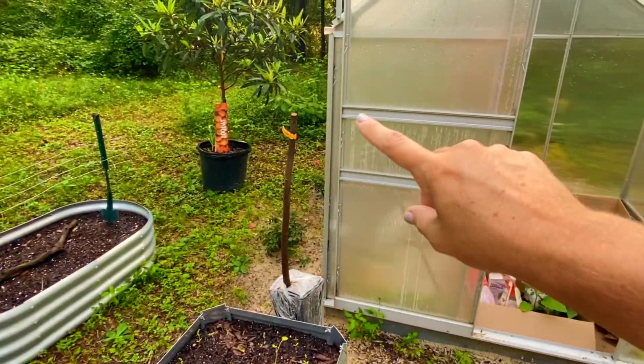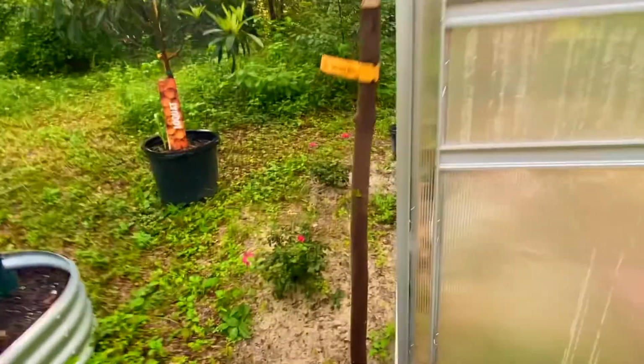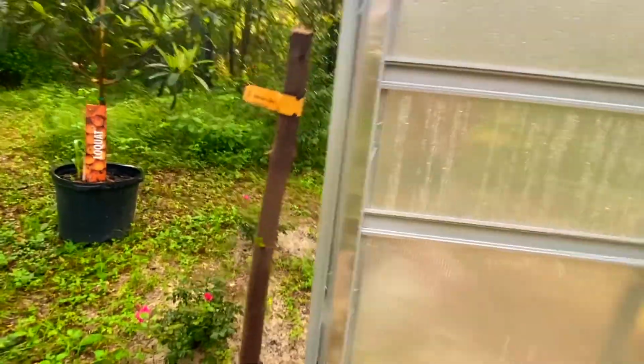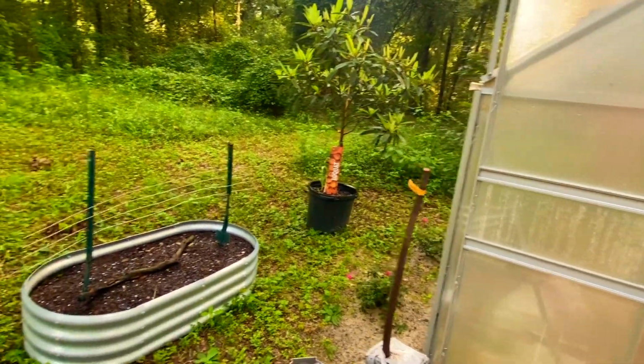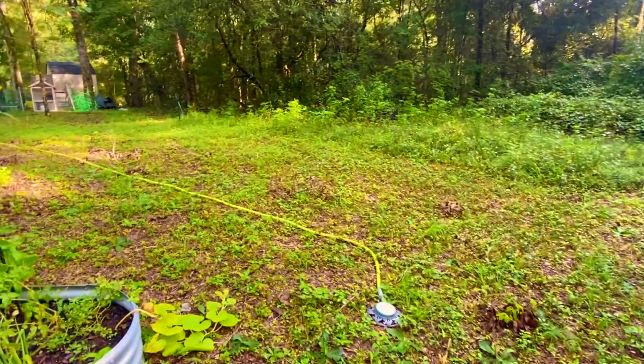Also just got this October Glory maple tree. It came as a bare root, obviously, and it does have a little bit of growth on it. So I'm excited to see what this does. I'll probably leave this in the pot for a couple of years and then decide where I want to put it. And again, everything needs to be mowed and overgrown. It is so overgrown right now, but